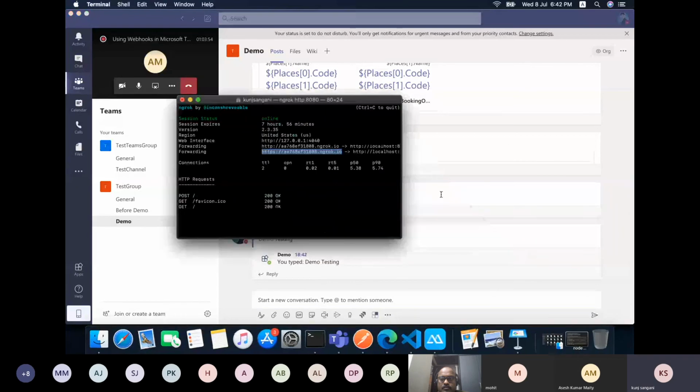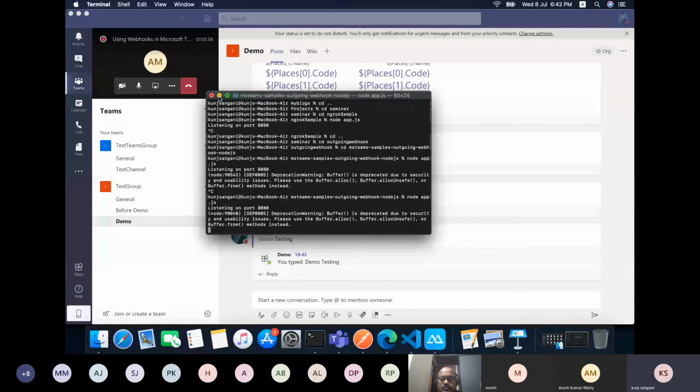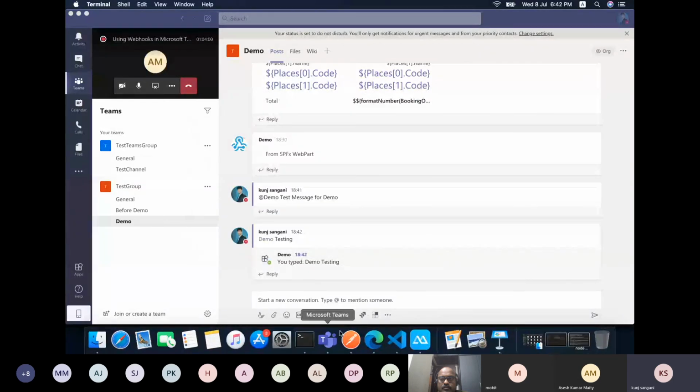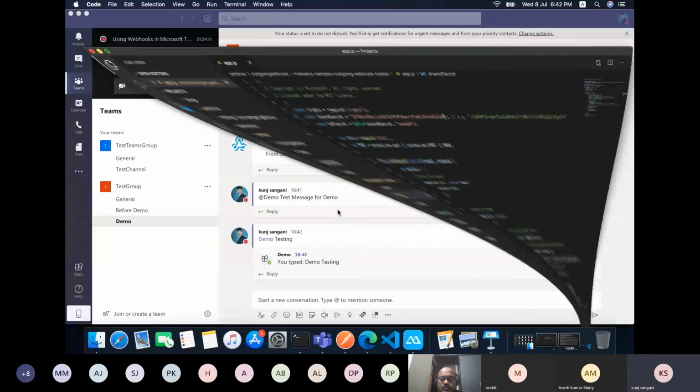And let me show you another way: whenever I have a wrong passcode, for example, let me change the passcode to some other value. So this is the wrong value. Now let me fire it up again.